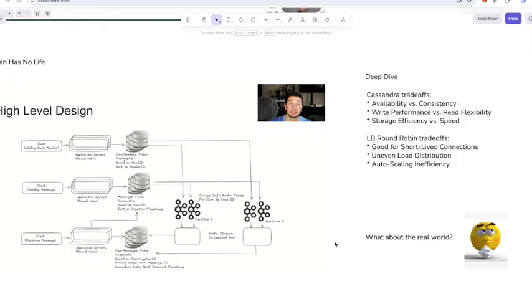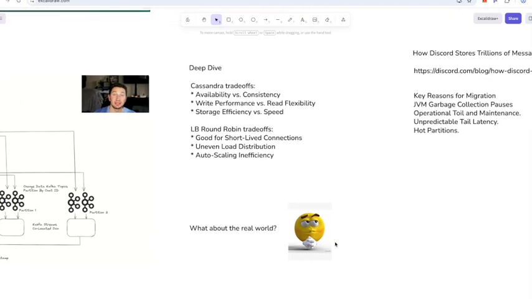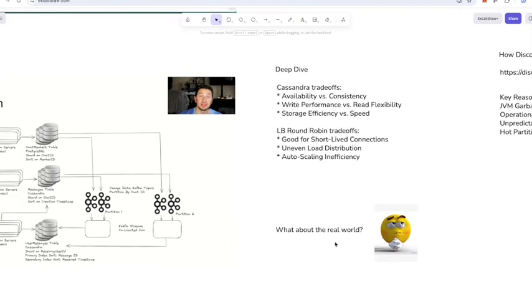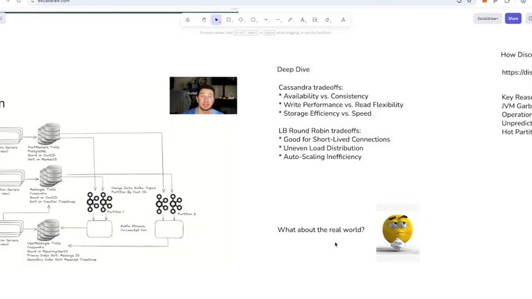So standard round robin is often insufficient for production WebSockets applications. So I suggest to use least connections. This is generally superior to round robin for WebSockets because it directs new connections to the server with the lowest number of active connections.